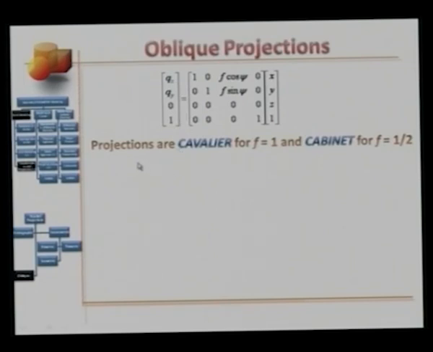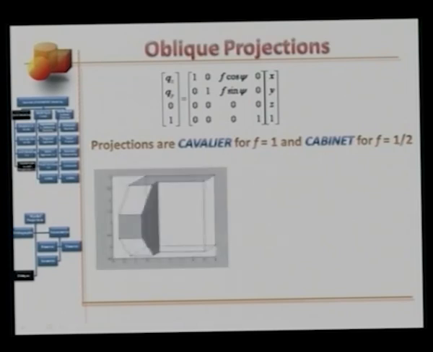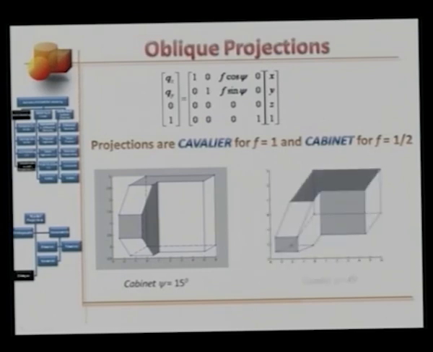Oblique projections are called cavalier for f equals 1 and cabinet for f equals 0.5. These are the two examples. This is a cabinet projection for psi equals 15 degrees, and this is a cavalier projection for psi equals 45 degrees. Notice that rectangular features which are parallel to the plane of projection are preserved, both in length as well as the internal